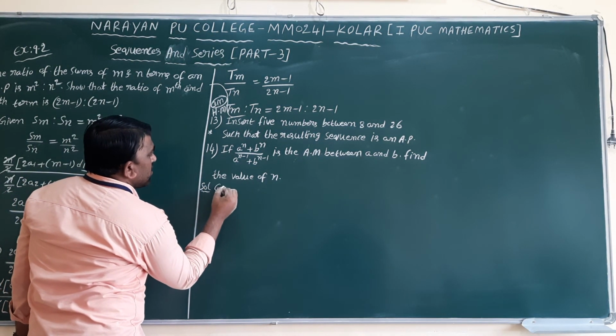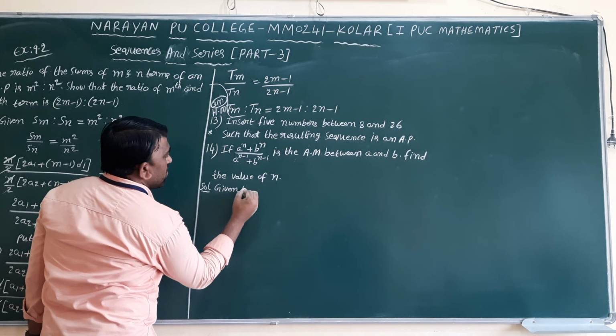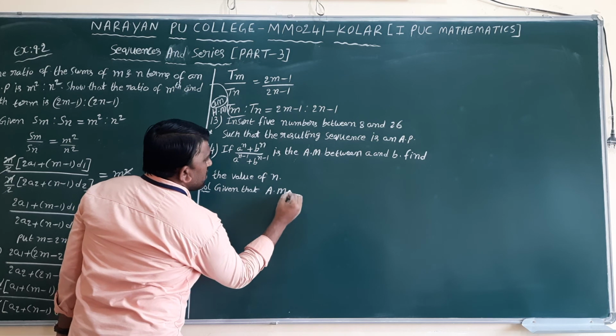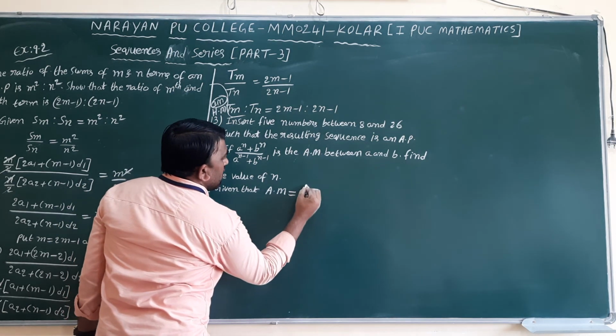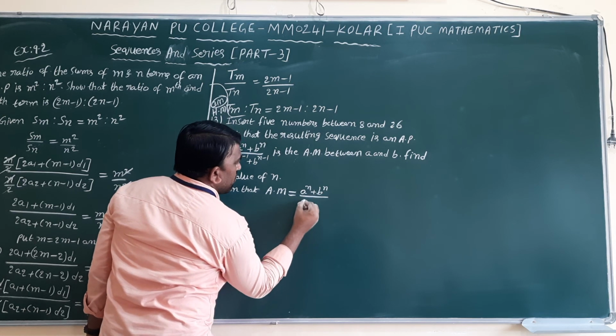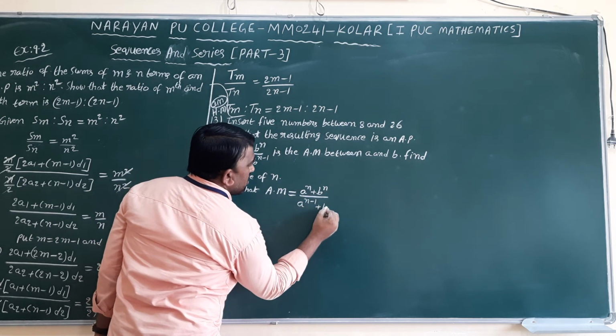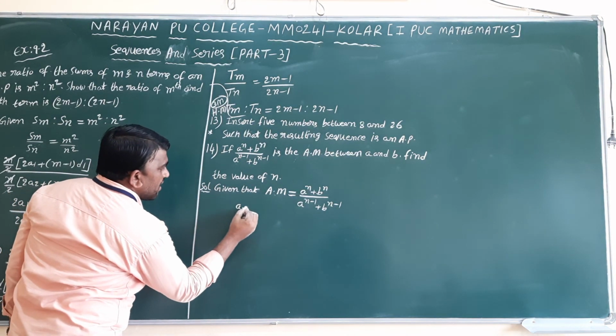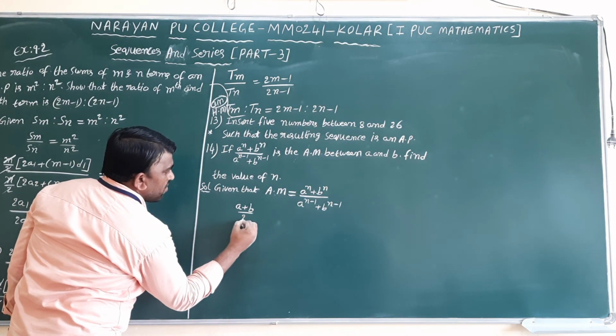So given that AM is equal to (a power n plus b power n) divided by (a power n minus 1 plus b power n minus 1). Arithmetic mean of 2 numbers we know already, (a plus b) by 2 is equal